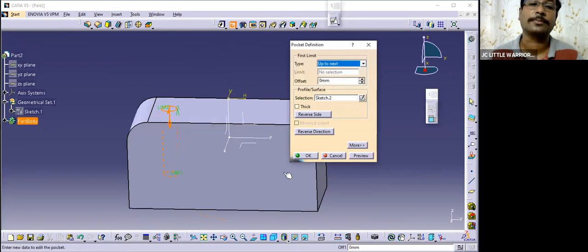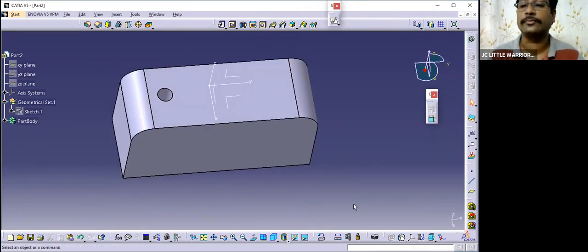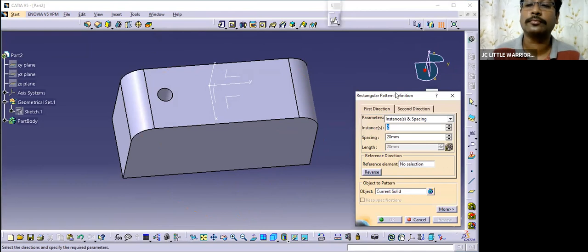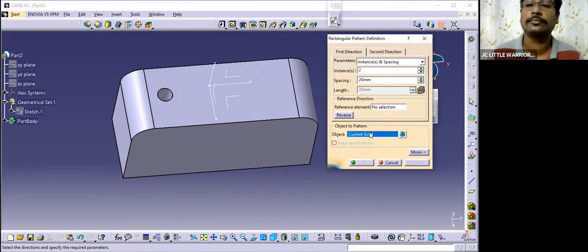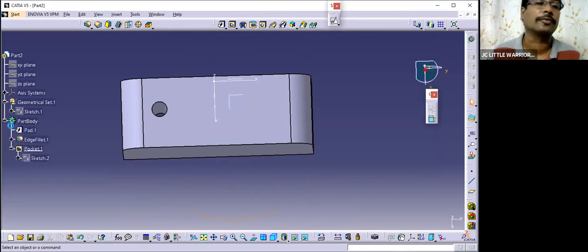Say up to next. So this hole is done. If you want to have a few more holes, you also can use this pattern. Okay, this hole. You can select the hole